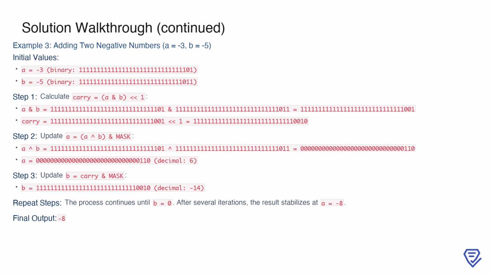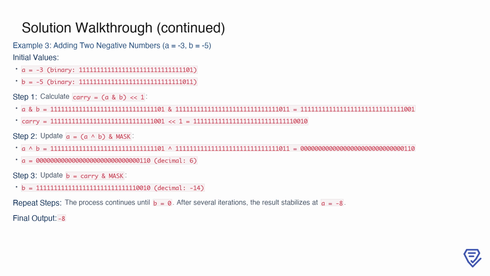equivalent to -14 in decimal. The process repeats, with A and B being updated iteratively. Eventually, B becomes 0, and the result stabilizes at A equals -8. This example illustrates how the algorithm effectively handles the addition of two negative numbers by iteratively resolving the carry and